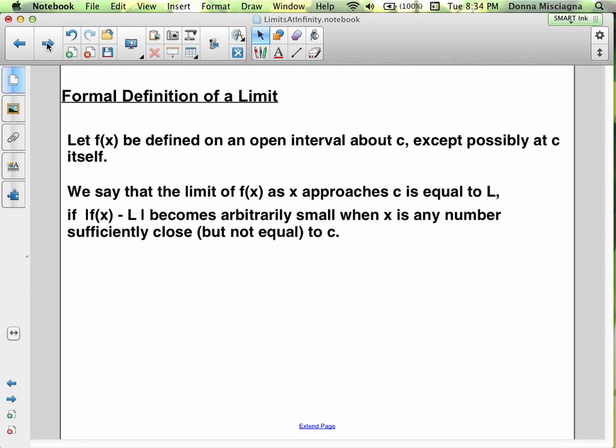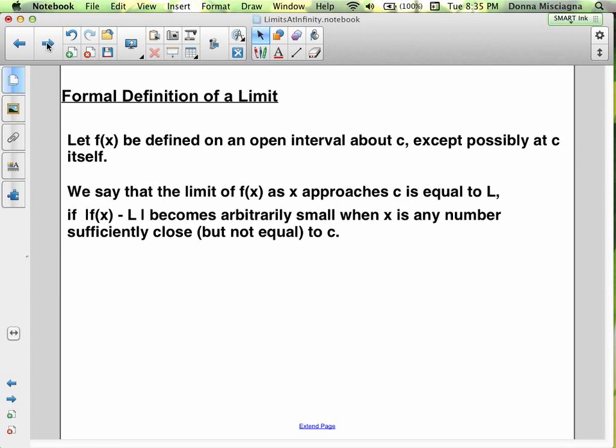So a little reminder of a formal definition of a limit. Let f of x be defined on an open interval about c, except possibly at c itself. Because our function does not have to be defined at a point, so long as we're approaching the same value from the left-hand side and the right-hand side. So we say that the limit of f of x as x approaches c is equal to L if the